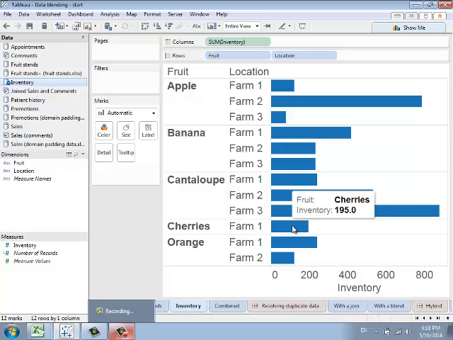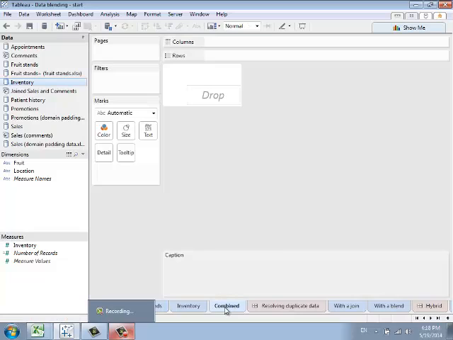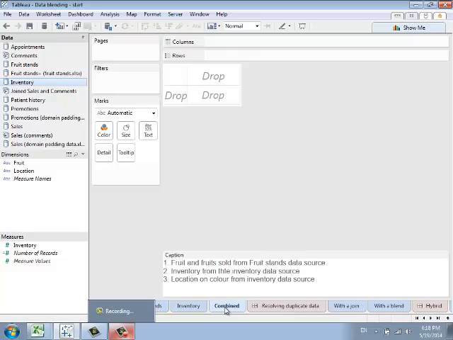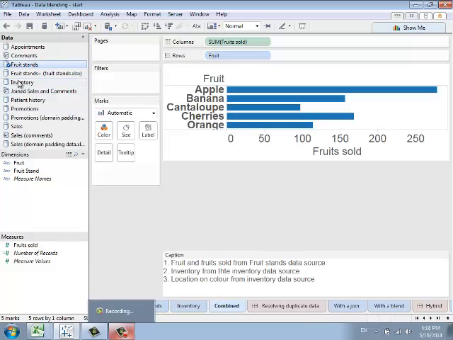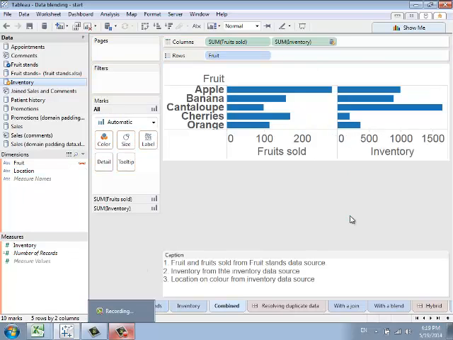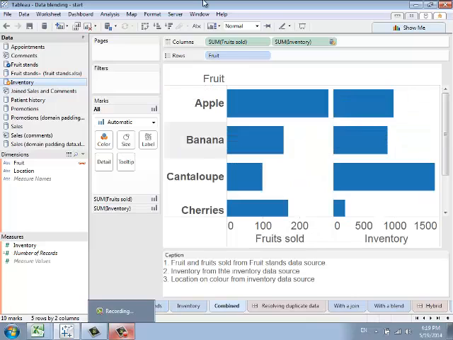each of those fruits. And so one thing that you may want to compare is, for various fruits, what's the number of fruits sold versus the inventory for those fruits, because we want to basically make sure that we have a high enough supply of the most popular selling fruits. Okay, sorry, I just fit the view here. Okay,